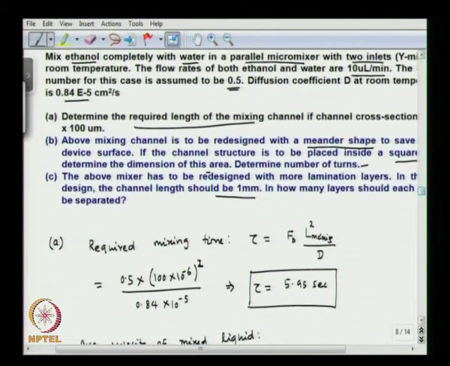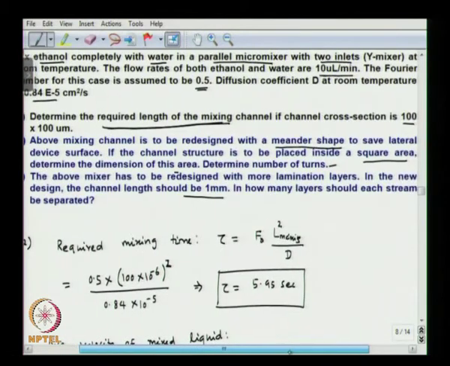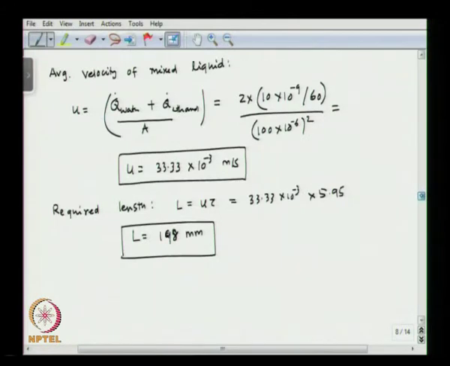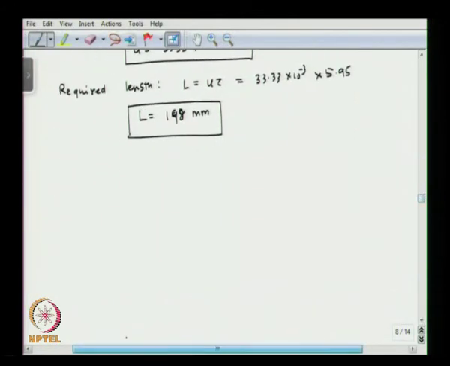So, that answers the first question, determine the required length of the mixing, which is 198 millimeter. The second question, we are trying to use a serpentine channel to save the lateral device, and if the channel structure is to be placed inside a square area, determine the dimension of this area. Okay. So, in that case, here we would have a serpentine channel structure something like this,